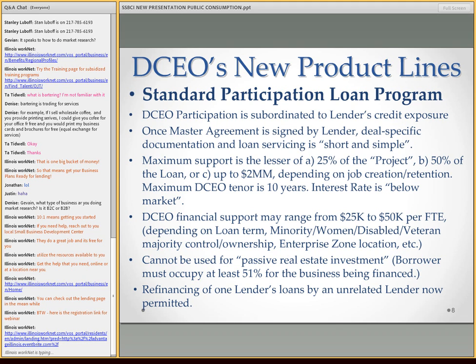Generally, we call that the 3 Fs: the friends, the family, and the fools. Anybody putting money into the business, that's what we mean by other money. Anyway, we'll go 25% of all that, or 50% of the loan itself, whichever is less, up to a maximum of $2 million per project. But that $2 million depends on job creation and